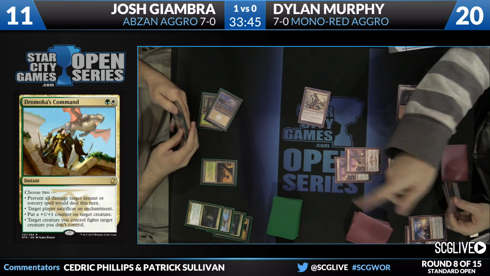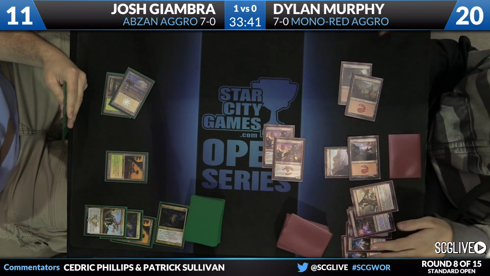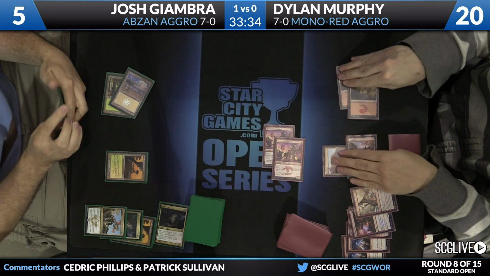Looks like it might be a copy of Magma Spray there. Yeah, it is. So now this Whisper gets to come over a bunch of damage. Yeah, this is 6. Yep. This is okay. No Eidolon to play this turn for Murphy, but